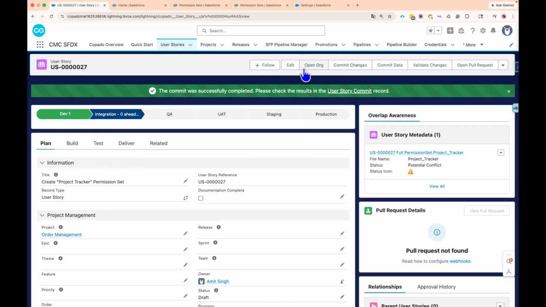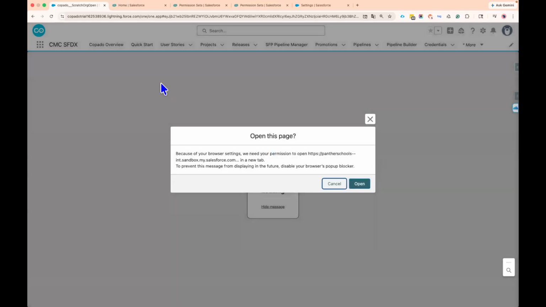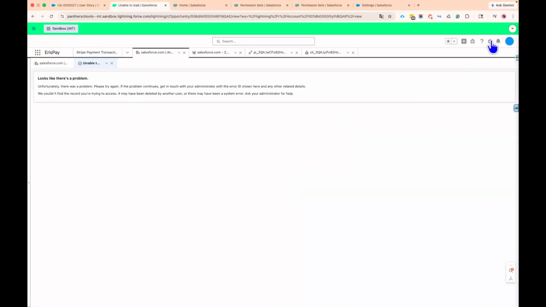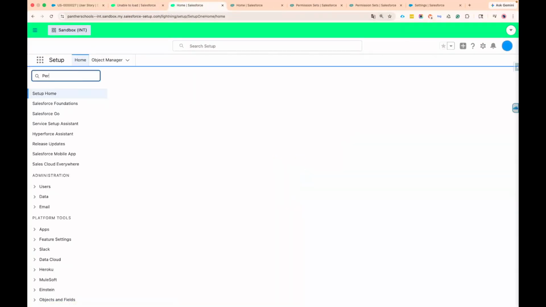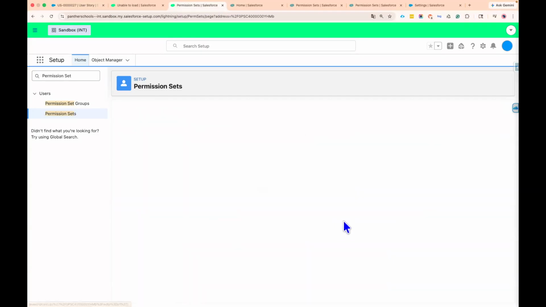If you go to the environment by clicking on open org, then what we are going to see is there will be a permission set which will already be available inside the integration environment, and we will also see that all the permissions are already given to the required objects. So we are there inside the integration sandbox. Go to the setup, search for permission set, find the permission set that is project tracker. It starts with letter P. Open the permission set